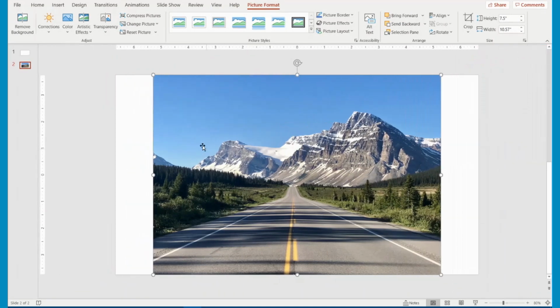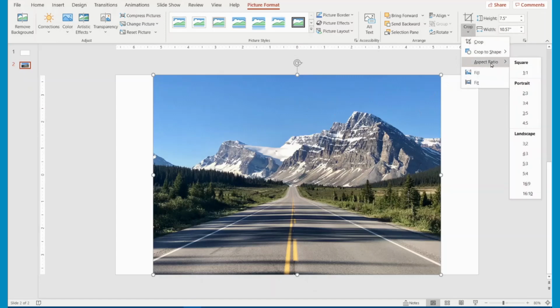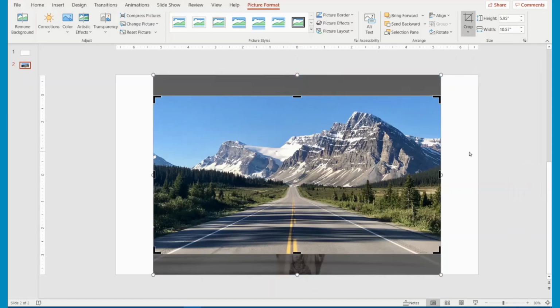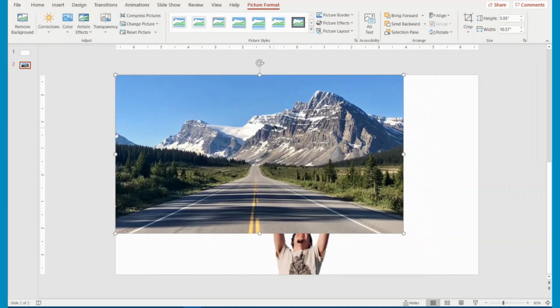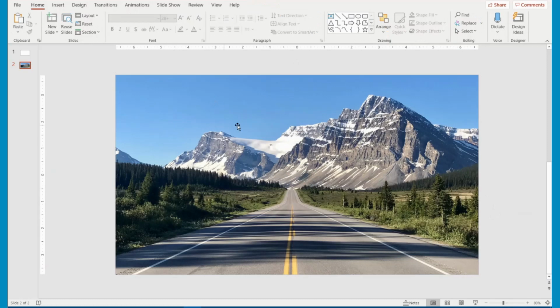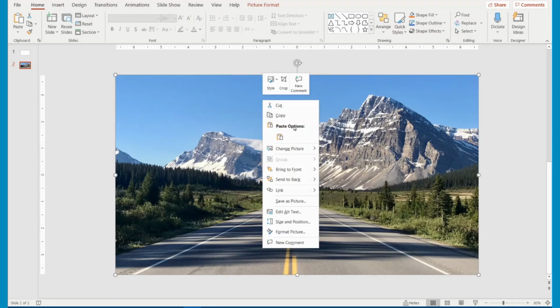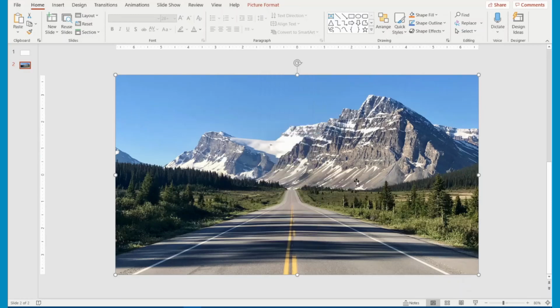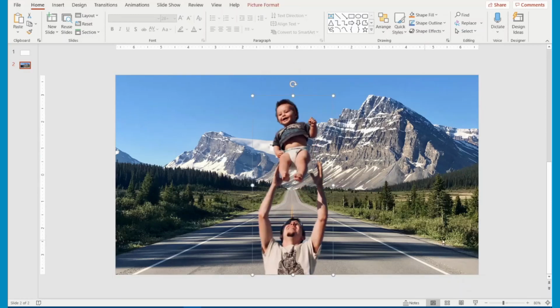And now we have inserted the image which we want to have as a background image. So again we need to change its aspect ratio so that it covers the entire slide. So double click on the image, then go to crop and click on this arrow, and then click on aspect ratio and go down to 16:9 and click on the white space, and now we can readjust the image so that it covers the entire slide. And finally we can send this background to the back of our image. So just right click on this image and then go to Send to Back and click on Send to Back. So now we can readjust this image the way we want.